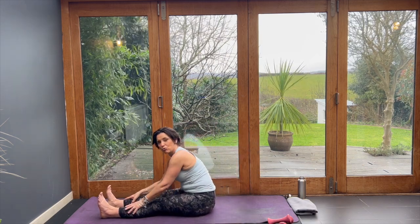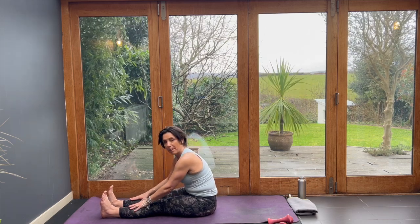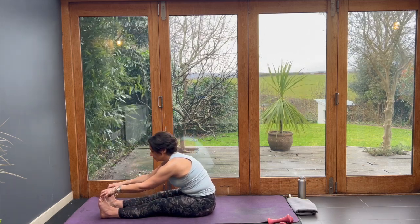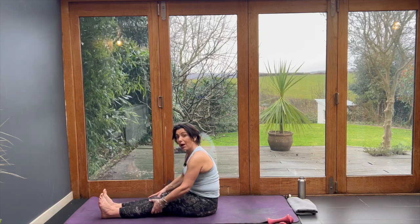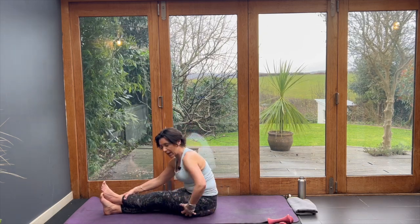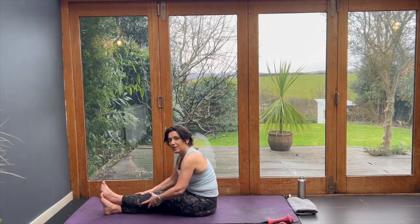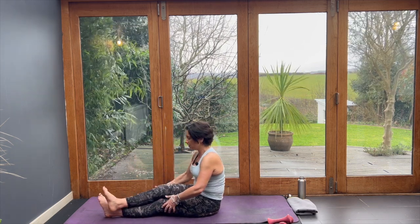Let's find your stretch. Straight down your legs. Find your knees or your shins, possibly your toes. Cross the right ankle over the left to get another stretch up the side of the legs. And all this is setting the foundation. Swap the other side,